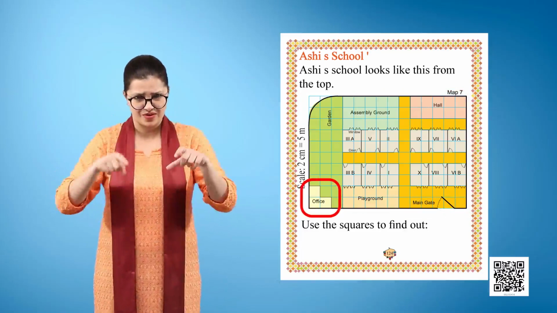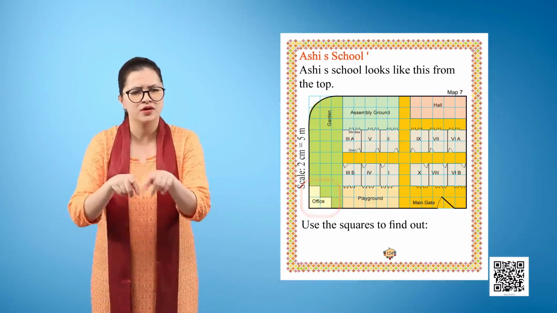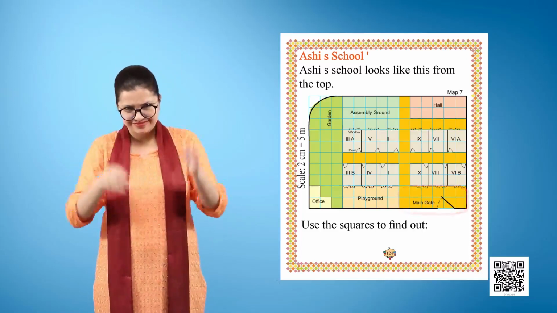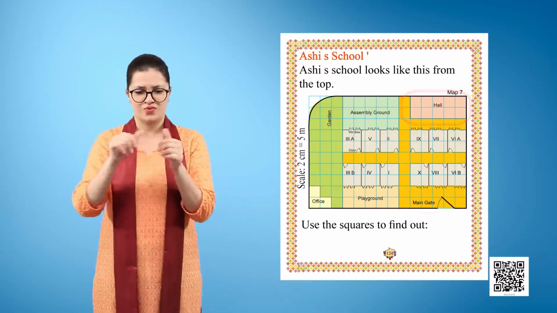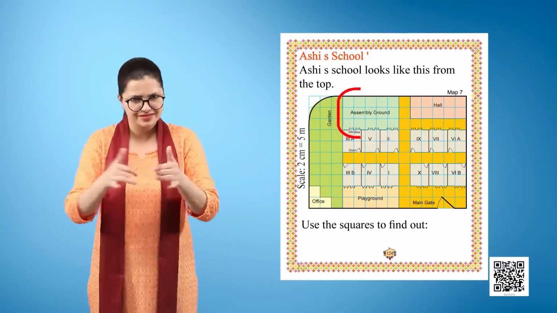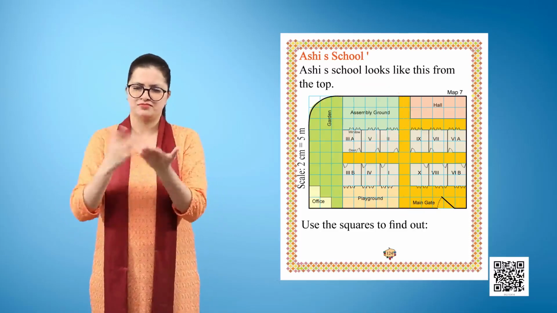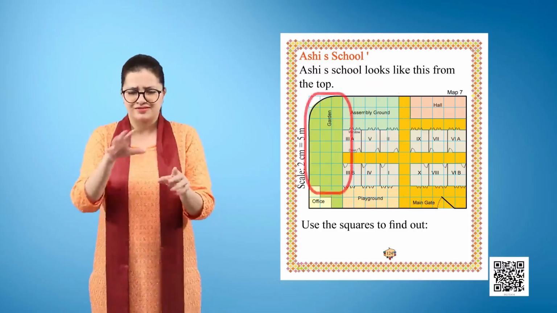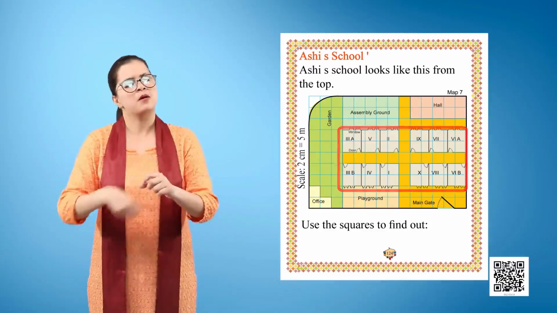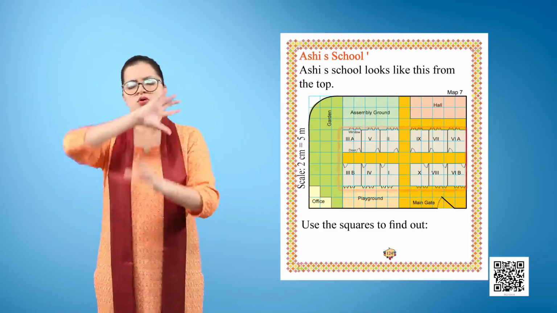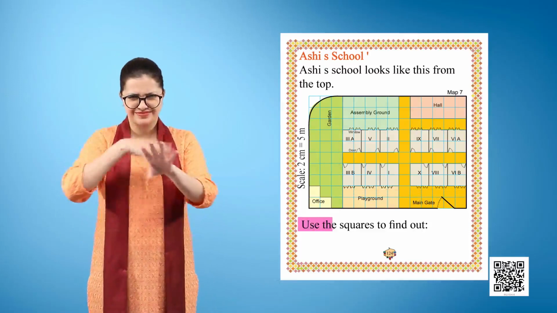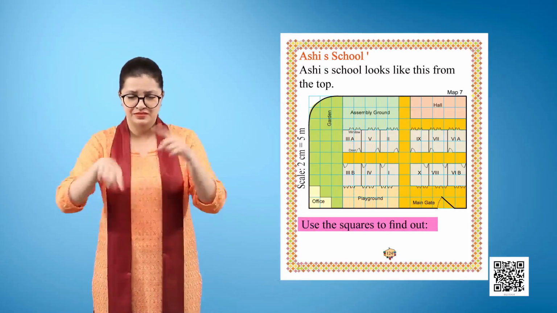We see the important places in school like office, main gate, hall, playground, assembly ground, garden, etc. And of course the classrooms. Use the squares to find out